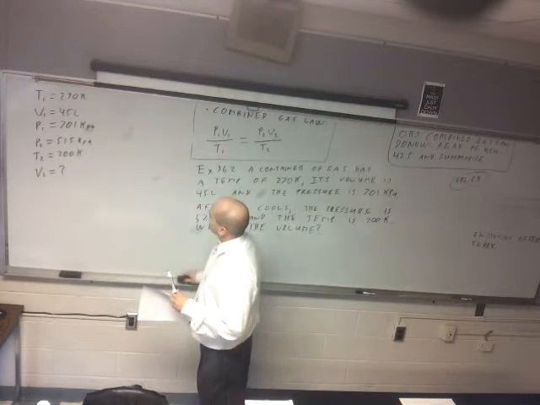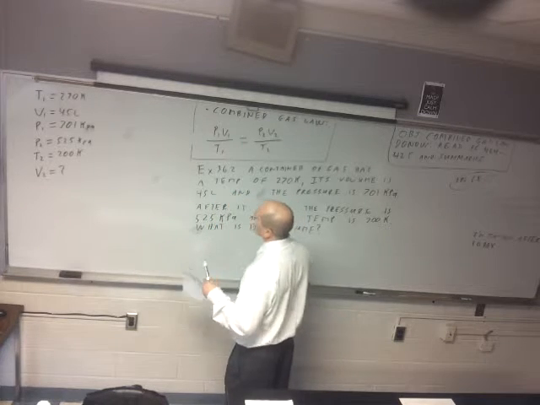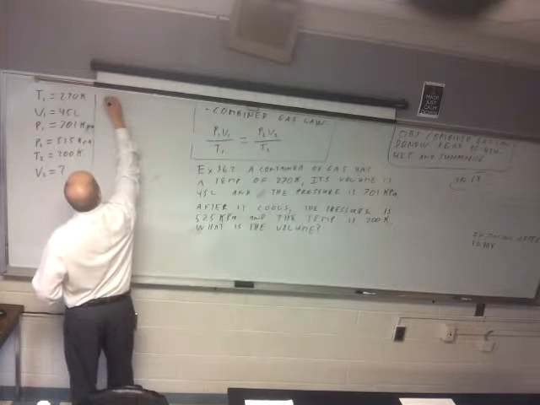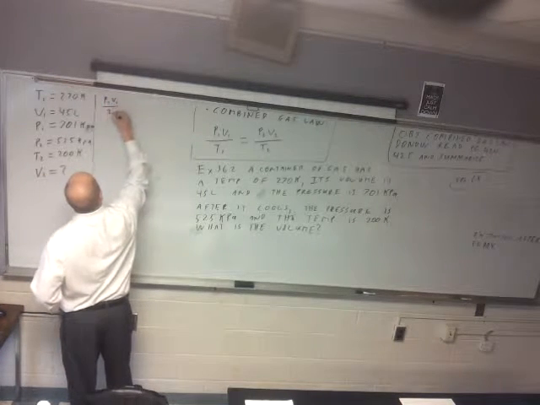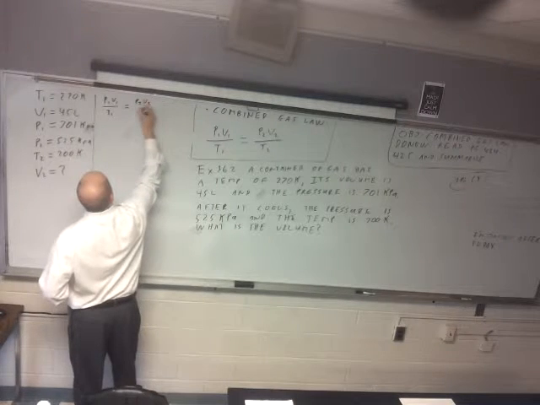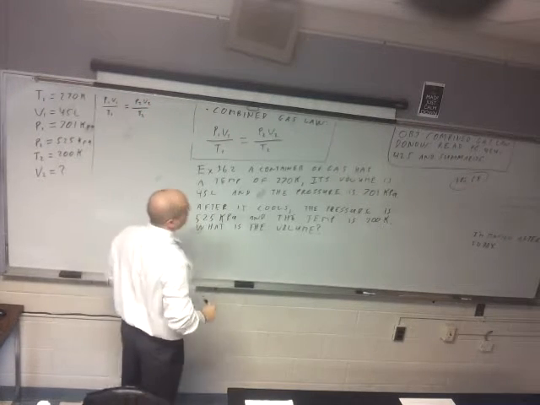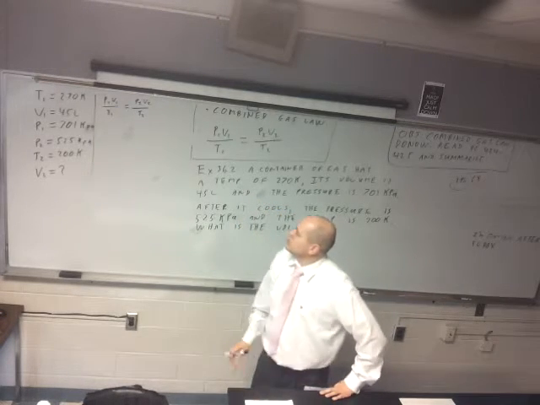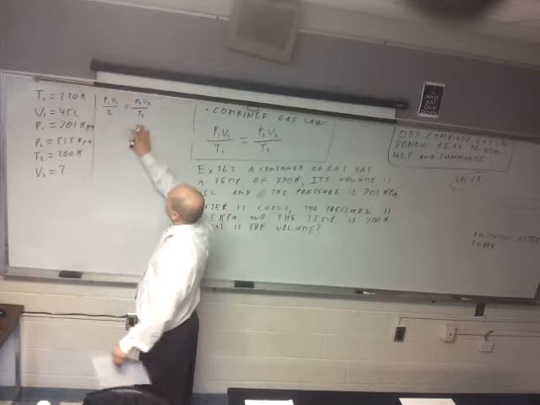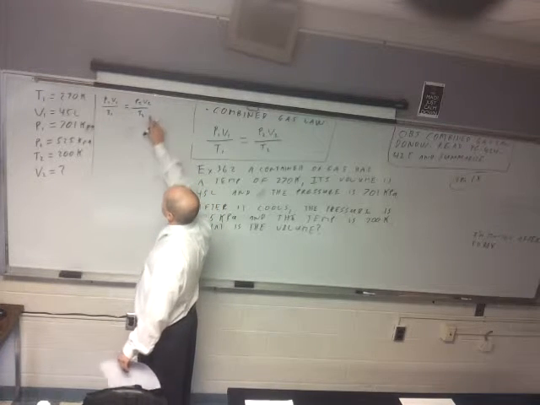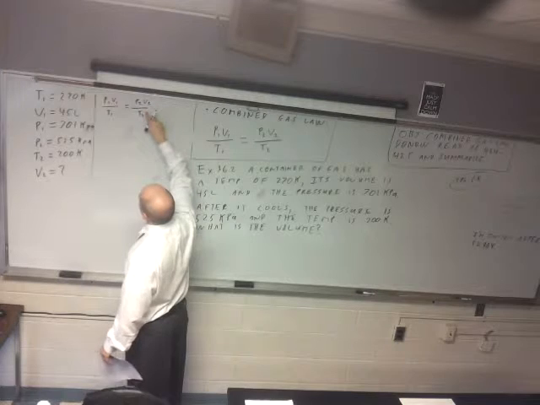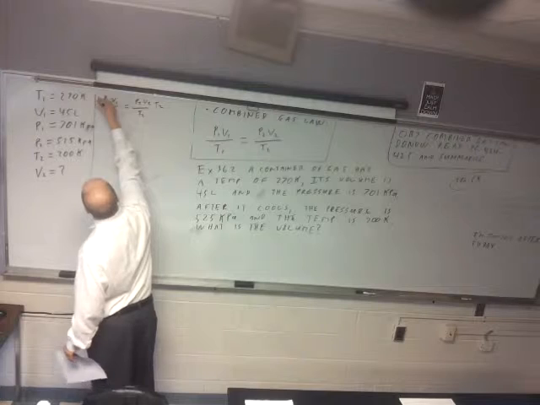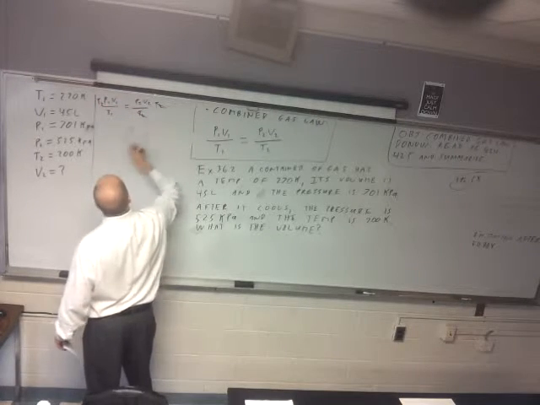Okay, so now we need to write our equation and solve it for V2. So we got P1, V1 over T1 equals P2, V2 over T2. What's the first step here in solving for V2? We got two things here that need to go away, right? So we're going to multiply by T2 first, so it'll go over there. So T2, T2, so then this is going to cancel. And you got to rewrite these things.